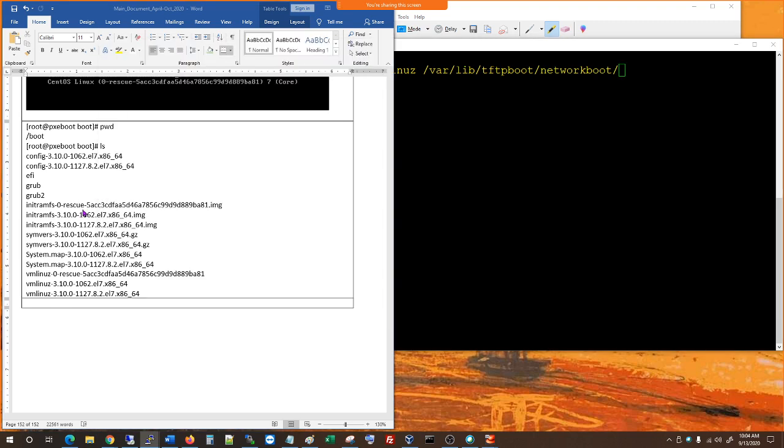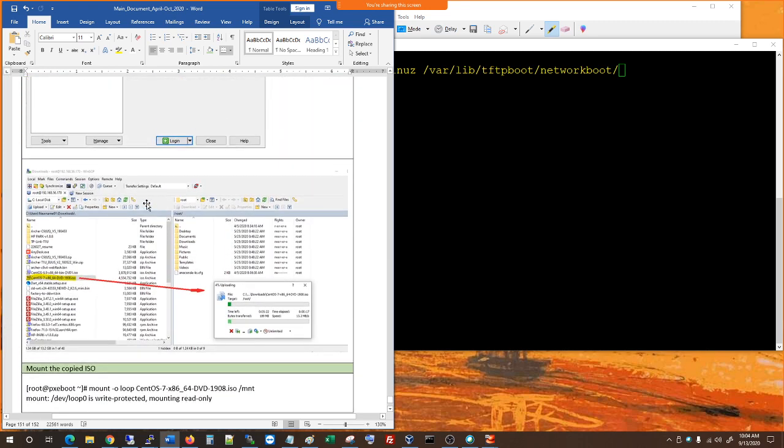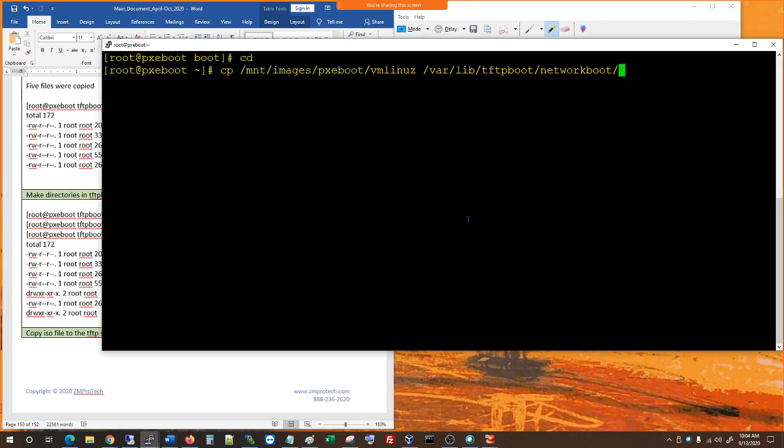Remember, I think we created these folders here, right? Network boot and pxelinux. Make sure the spelling is correct. Okay, you copy that,